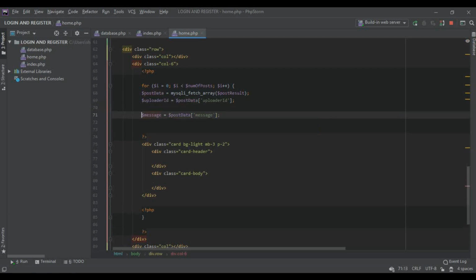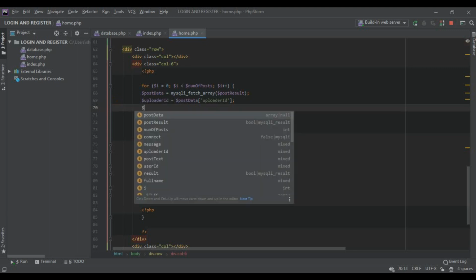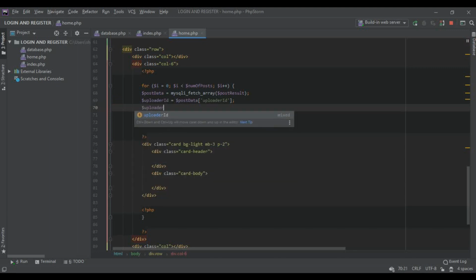We got the uploader's ID, but we need the uploader's name to be shown on the header of the card. To do that, we're going to need to execute another SQL query. So we retrieve the user's data using the uploader ID that we got from the previous SQL statement. So for that, we do uploader data result